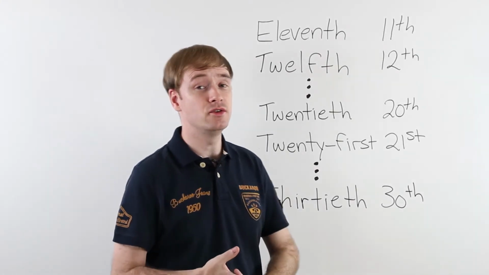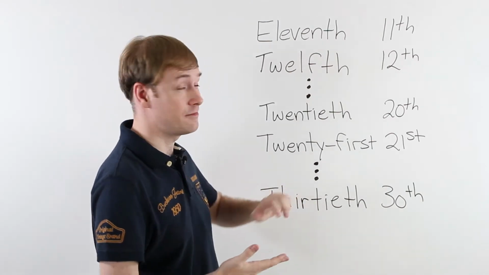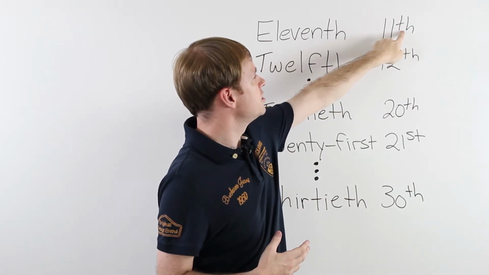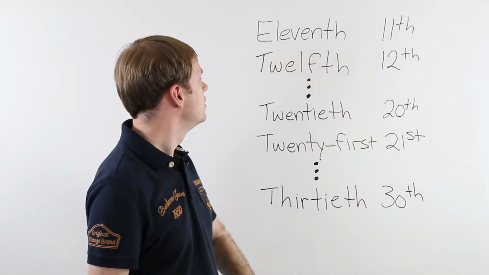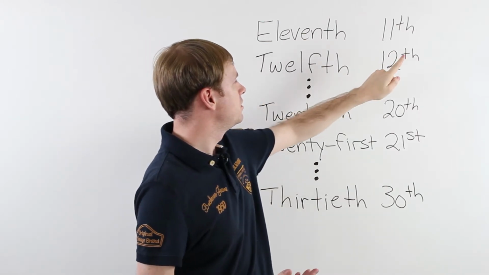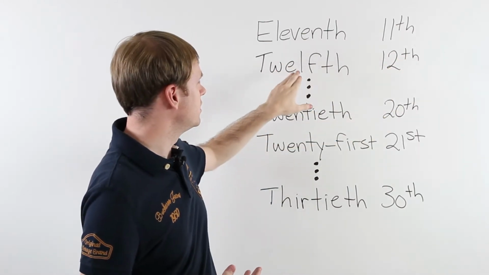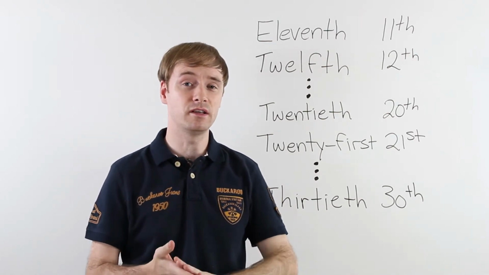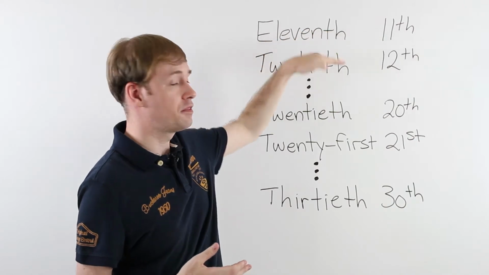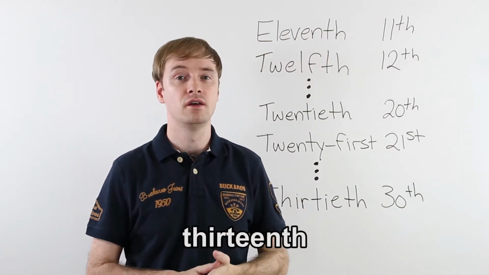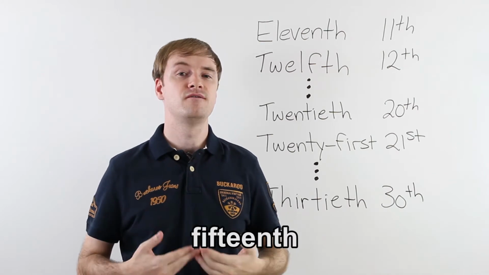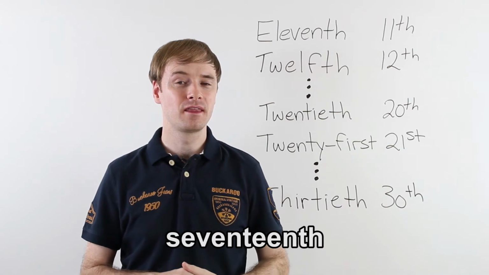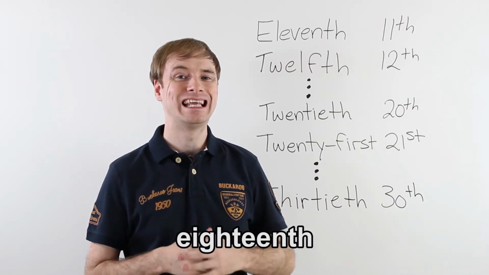All right, let's continue with our ordinal numbers. The next after 10th is 11th. We see the th and the th goes there, 11th. And the next one, 12th, th. And the next one, I did not write the next ones here, but I will say them, so listen carefully. So 11th, 12th, 13th, 14th, 15th, 16th, 17th, 18th, 19th,